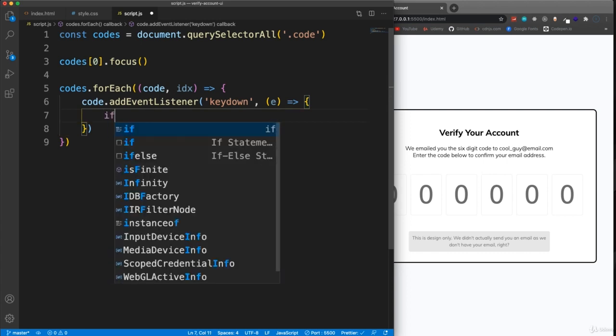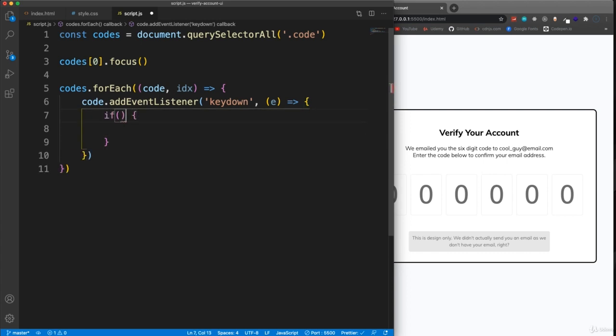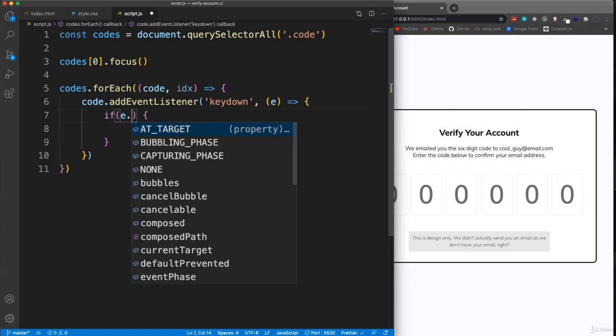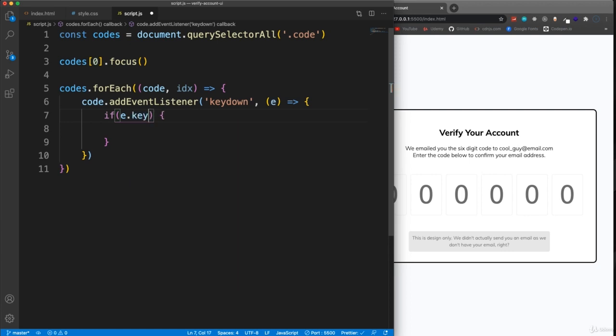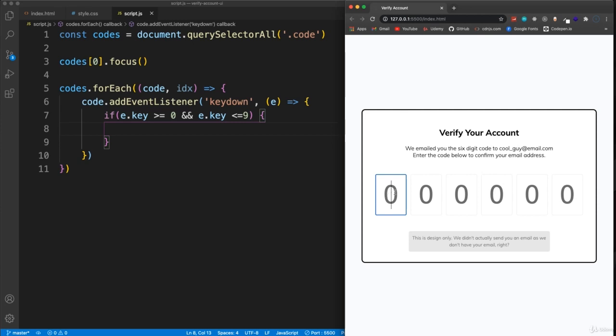And I want to check to see if the key, so I can take this event object and say .key. So if that is greater than or equal to 0, and I also want to check to see if it's less than or equal to 9. Now if that happens, I want to then move to the next one. So if I type like 2 in here, I want this to focus on the next code,